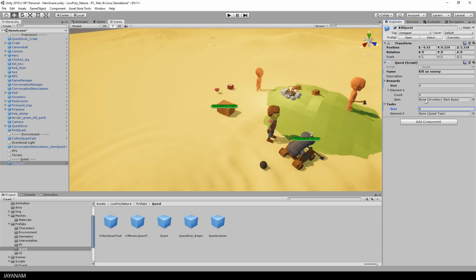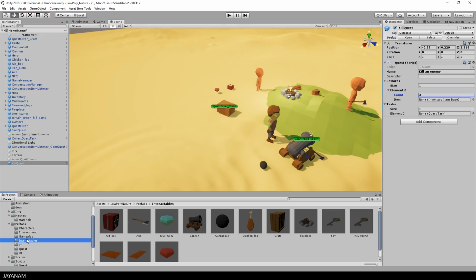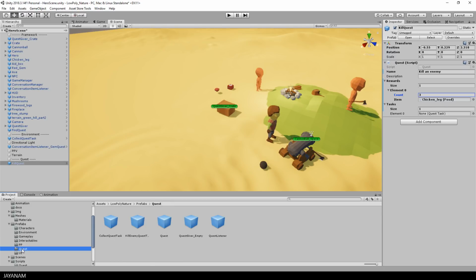So let's see what we have as a reward. Something to eat is always great. For example, the player receives 3 chicken legs when he completes the quest. Alright, now we need a task, and there is a predefined kill enemy quest task in the prefabs folder that